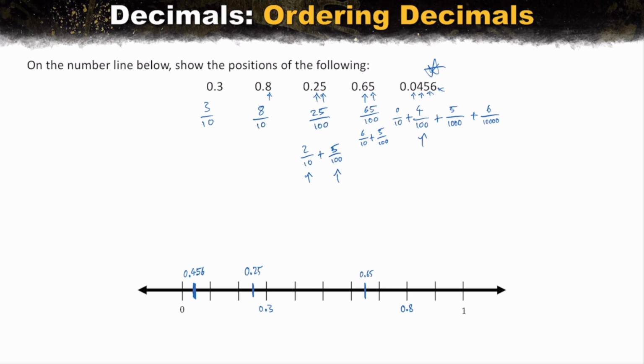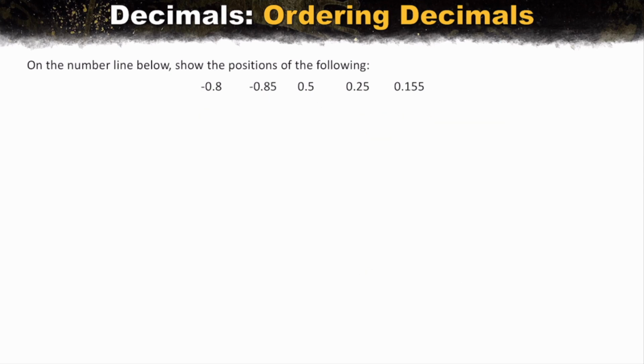So this 0.3, for example, despite the 3 itself being smaller than 8 and 25 and 65, it's actually larger than some of these values because it's 3/10. Okay, so understanding place value goes a long way to understanding why they fit on the number line that they do. Now, it's very important that we also look at an example with negatives, and where the positions of